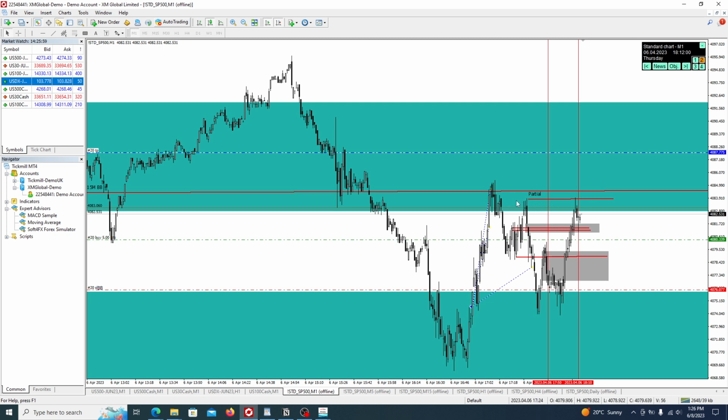Now look at this example right here, how we came above this high, which you could have taken a partial right there. That would have been perfectly fine. But now we have equal highs over here, which now, let's look at this example again. So let's quickly play this price action. Looking at how price traded that